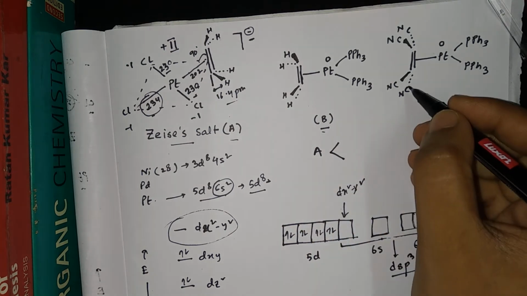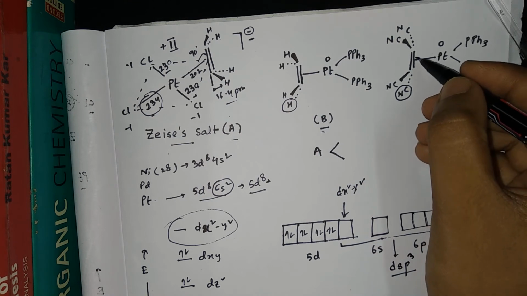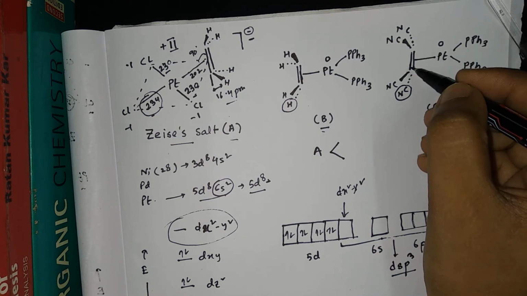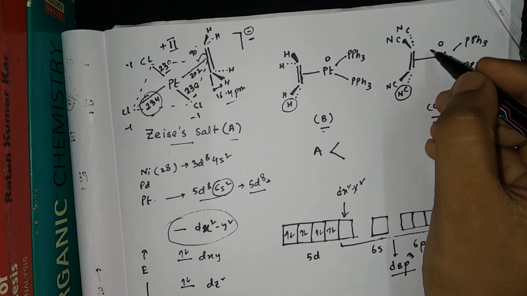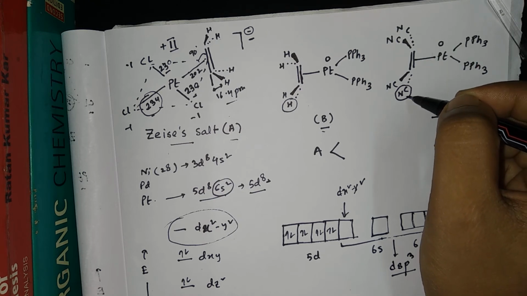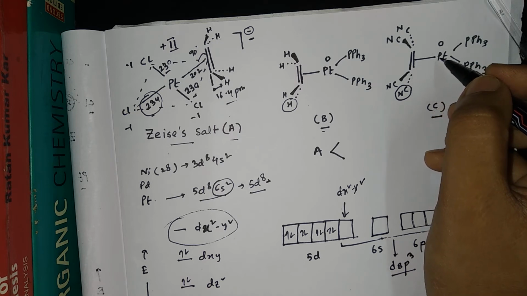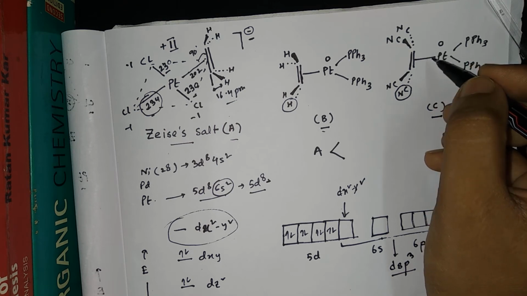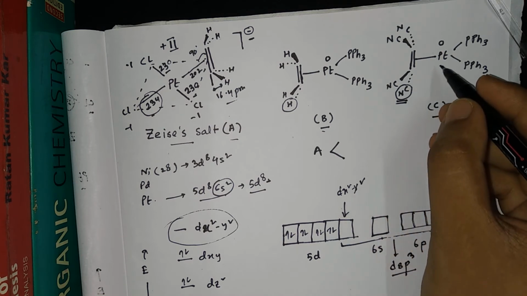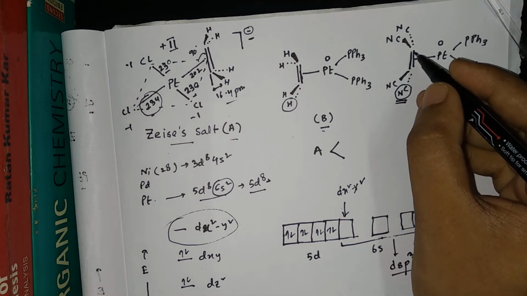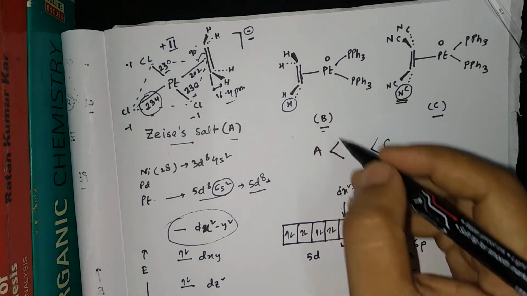Now among these two, the CN is there here and hydrogen is there here. CN is an electron withdrawing group, and hence it will bring the pi star orbital, the LUMO of this C double bond C, to lower energy, and hence the platinum can easily donate its electron. And one more thing is that this electron withdrawing group will make the carbon electron deficient, and hence the platinum back donation is easier for this case. So therefore the back donation is more for this compound than this compound. Back donation being more means the CC bond length will be more, because it will have more single bond character. So C will have the highest CC bond length, and then B.